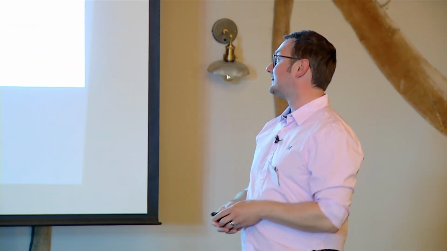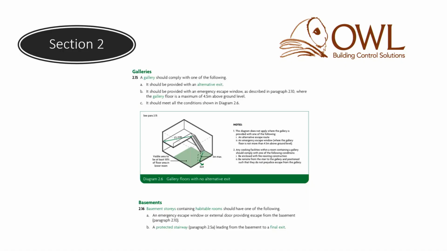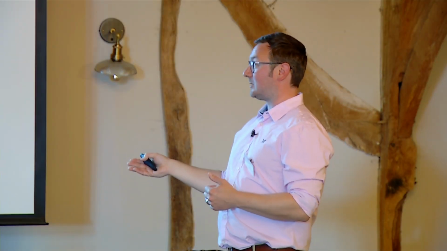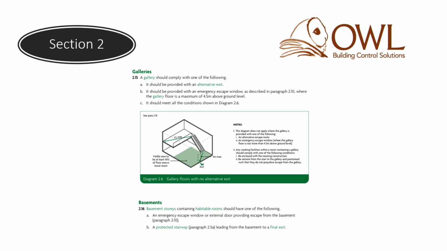Now, galleries and basements. We don't come across them that often, but they do occur. It's worthwhile mentioning, so a gallery, most people would call it a mezzanine, but in ADB it's called a gallery. So this is when we have a situation with a partial upper story in the same room. The risk is, obviously, that if you were sleeping or in that upper story, in the event of a fire, you would be cut off from your means of escape from the staircase going down to the exit. And so ADB, in terms of diagram 2.6, provides a number